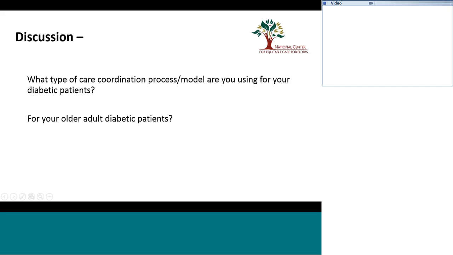So I just wanted to open up to some of the care coordination processes or models that you might be using in general, as well as if you have specific ones that you use for your diabetic patients, and also if you have some even more specific ones for your older adult diabetic patients, because we recognize particularly that the needs assessment aspect